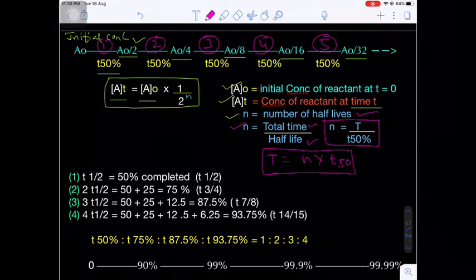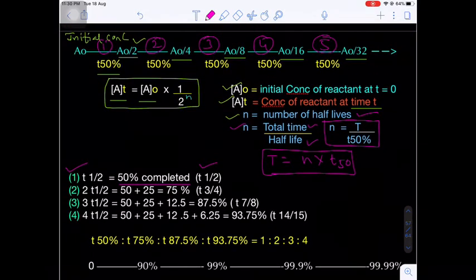This is very important. Now you see, T1 by 2 is the time required for 50% completion. It is also represented as T1/2. Now here, the first 50% is completed. Next, from the 50%, again 50% is completed. What is 50% of the 50? That will be 25. That means total completed is 50 plus 25, that will be 75% completed. It is called T3/4. That is the time taken for 3/4 of the reaction to get completed. That is the 75% completed.